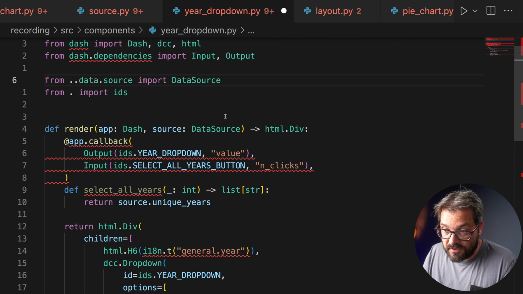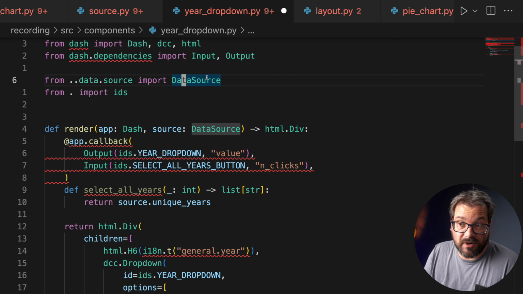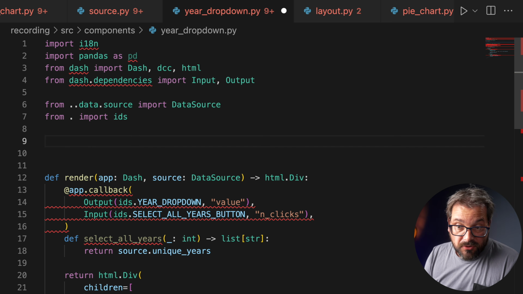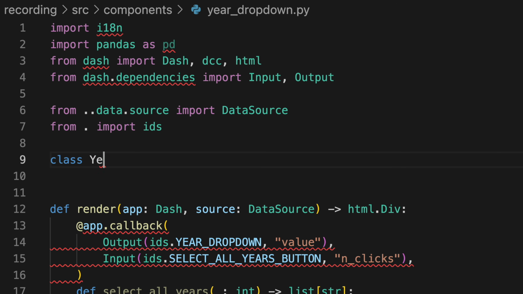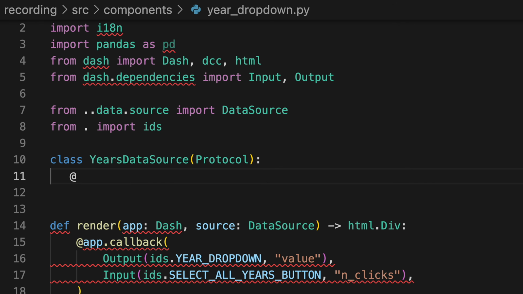What's actually pretty nice is that we can now even use abstraction if we wanted to even further separate the things. So data schema already, that's no longer needed because data source already takes care of a lot of those things. But we could even turn the year dropdown into something that's not dependent at all directly on the data source class, because the only thing that the year dropdown is using, if you look at the code, is the unique years property. So what we could do is create a class here, and let's call that years data source. And this is a protocol class. And the protocol class has a property